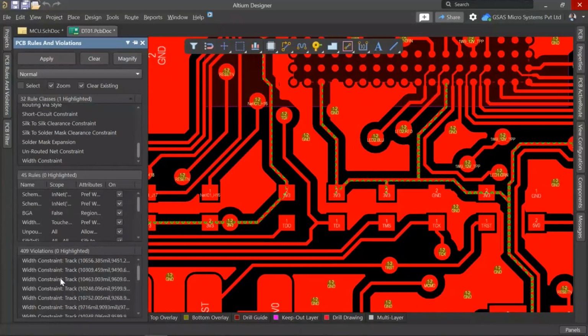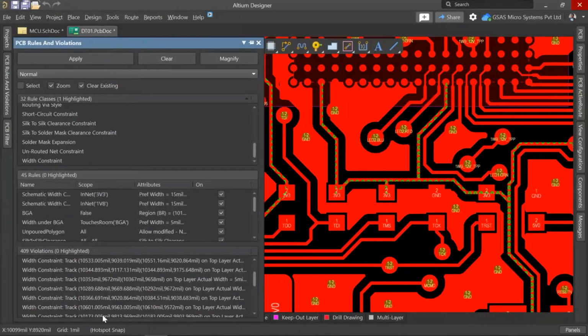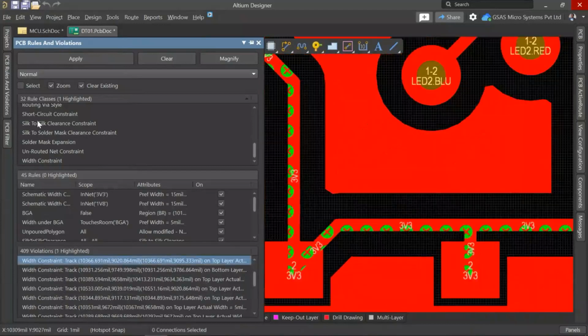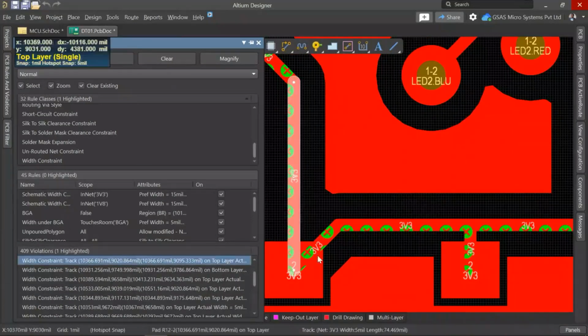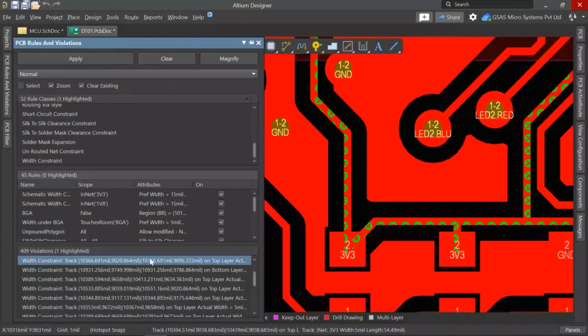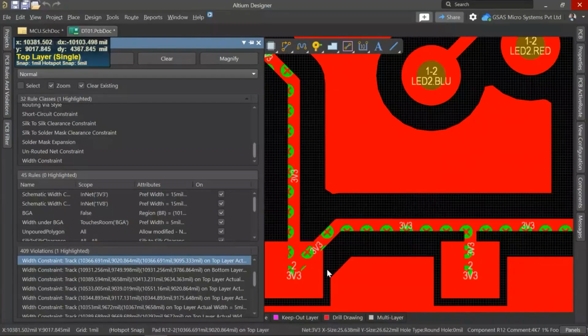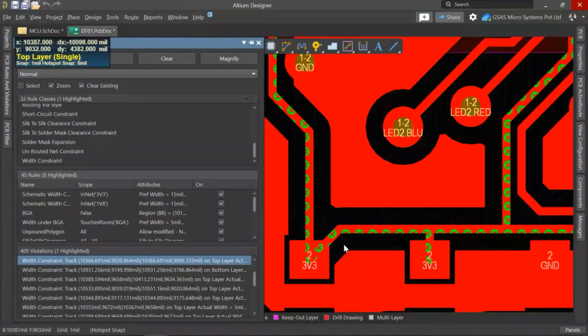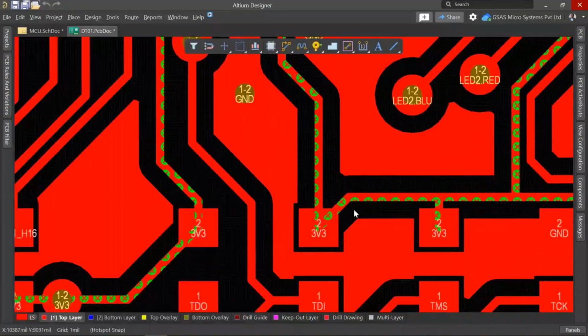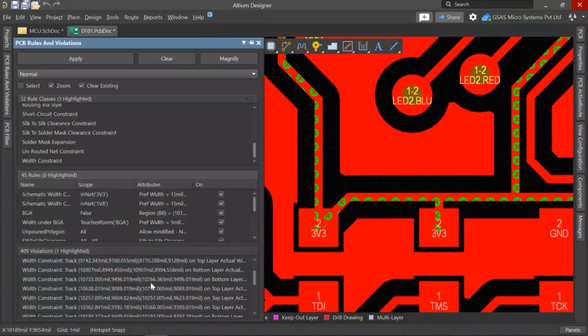And here we have got 49 violations. You can see the location and what the actual issue is. If you select that net, you can see it is highlighting based on this selection. If you select here, automatically it will highlight this particular segment. Here we have only selected Zoom, so it will only zoom to the error. You can see here it's showing an error. Maybe we have given a rule width of preferred 15 mil and 10 mil, and maybe because of that reason it is flagging an error.